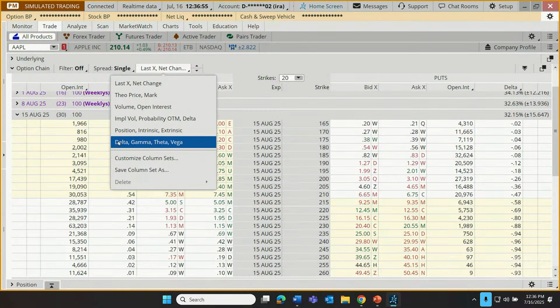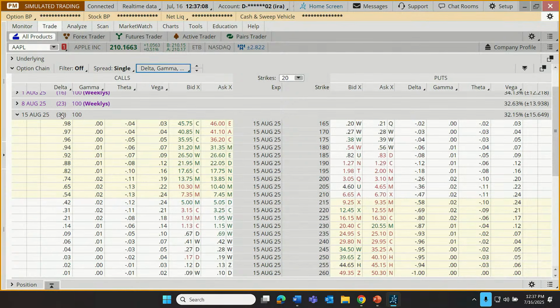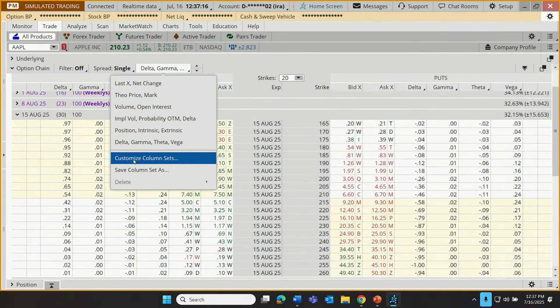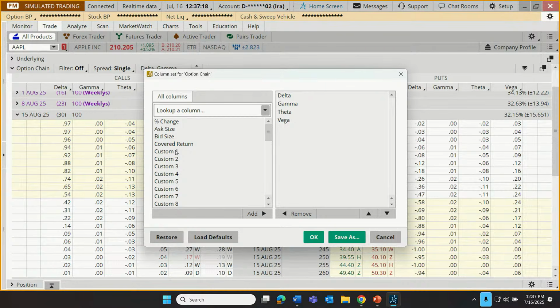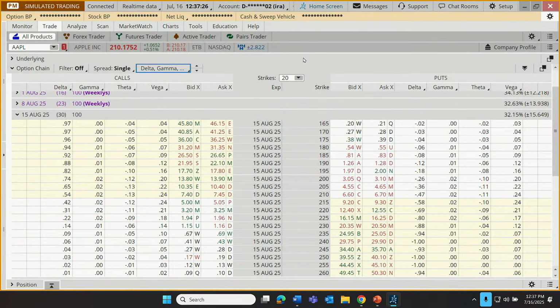So for example, I can choose a whole, let's say I wanted to see all the Greeks, delta, gamma, theta, vega. It's not all. Actually, rho is not there among a couple of other more secondary Greeks. Anyway, let me just choose the Greeks, and that has customized those columns. Now I'm seeing each of the Greeks. So experiment with that. We can even set up a custom column set right here, which just allows us to choose columns and replace the current set as we like. I won't do that in lesson 1 and lesson 2. We learn how to shift around different columns using features like that.